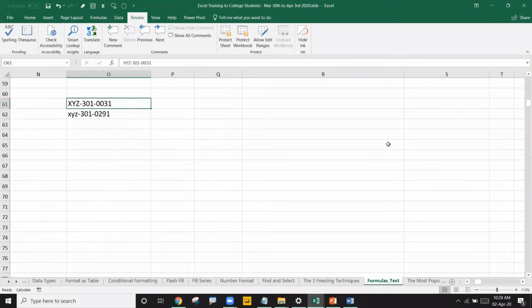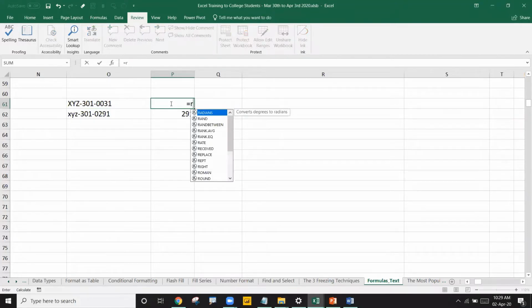What he wants is to pull only the last three characters, that is 031. Of course, as it has a 0, remove that 0, and here is 291. He always gets numbers in the same format, but needs to pull the three characters from the right side. So he can use this RIGHT function. Once we use this RIGHT function, give me a second.